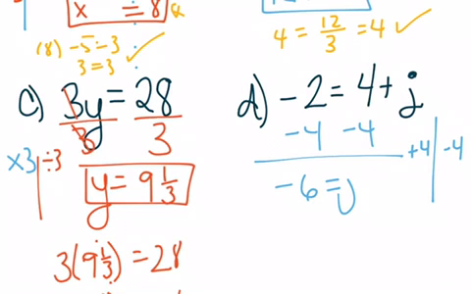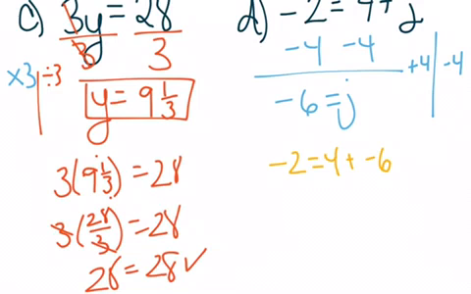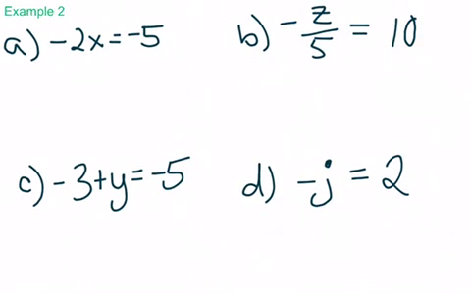Plug it back in for the check. -2 equals 4 plus -6. Oops. 4 plus -6 is -2. And you're good. Okay. The next set of examples are still one-step equations, but this time we're going to be